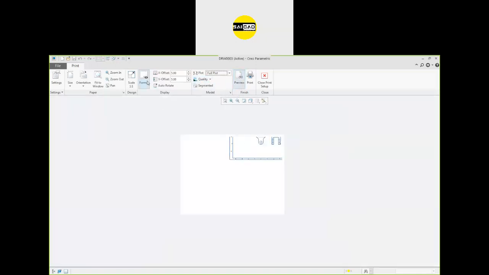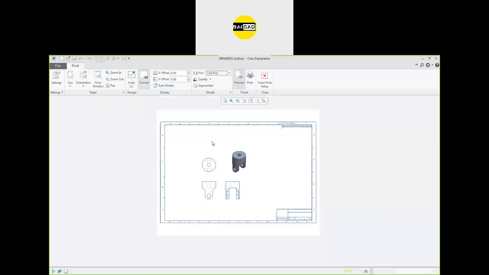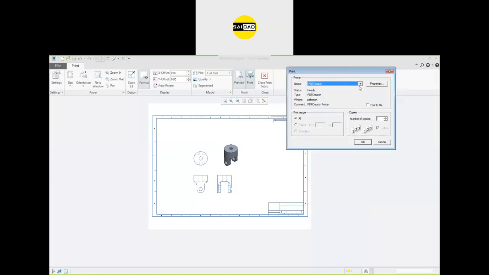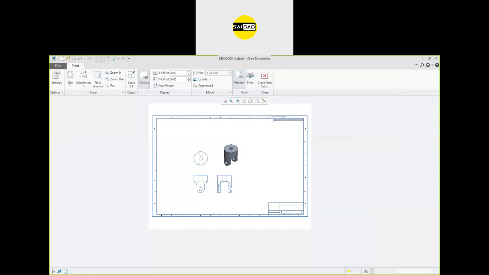You will see this is the preview right now. So you find that 0 and we have this field in between. This is the preview now. Okay. So offset value, the 5 is very large for this sheet. So leave everything, just select the file, go to the control P, just select the print and select the PDF creator directly from here. Just click OK and save the file. This is the simple method to create a PDF.